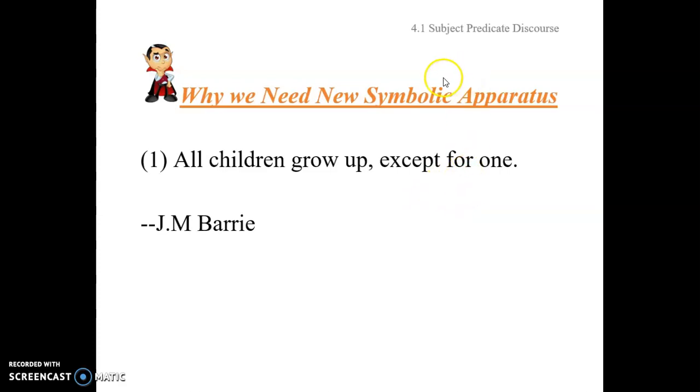So we're going to start introducing that new symbolic apparatus in Chapter 4, and in particular, today in Section 4.1,